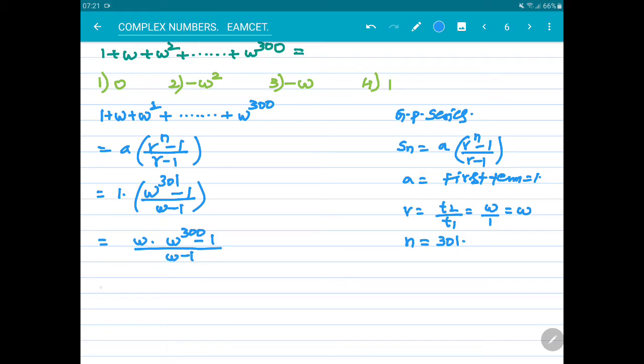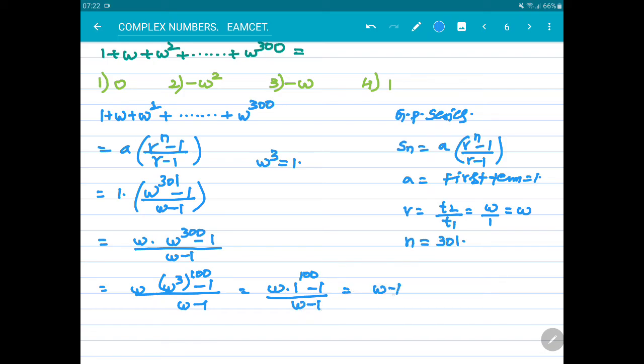And further, it can be simplified as omega cube whole power 100 minus 1 divided by omega minus 1. But we know that omega cube value is equal to 1. So it can be substituted: omega times 1 power 100 minus 1 divided by omega minus 1,